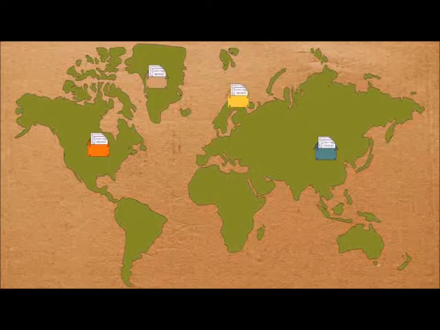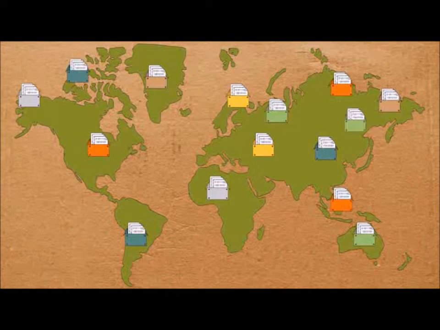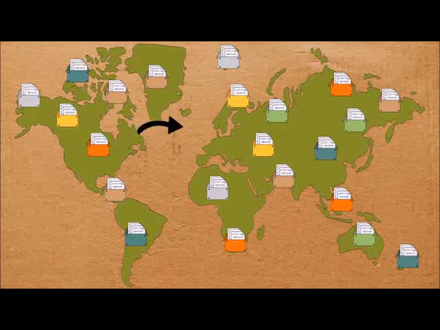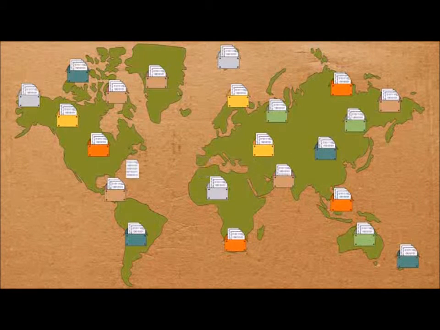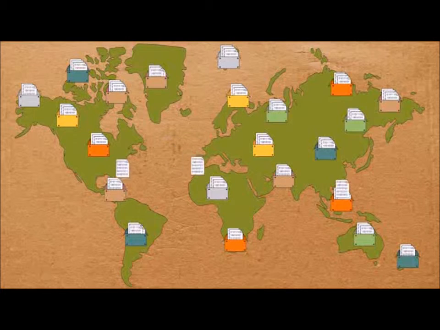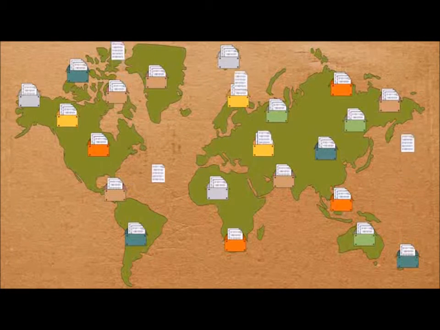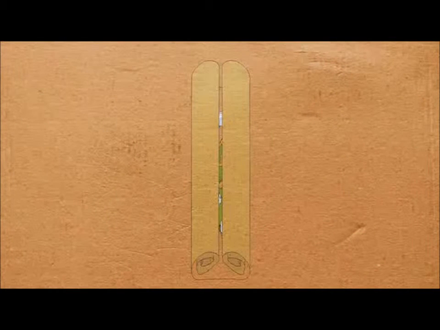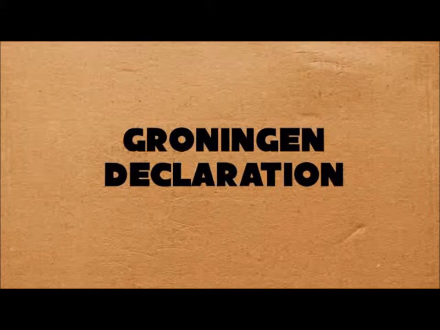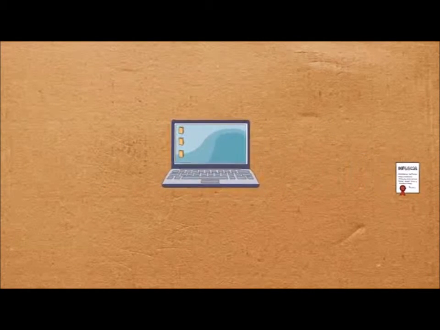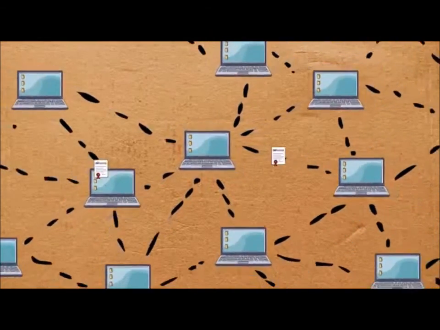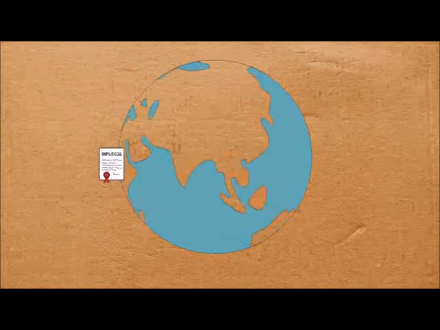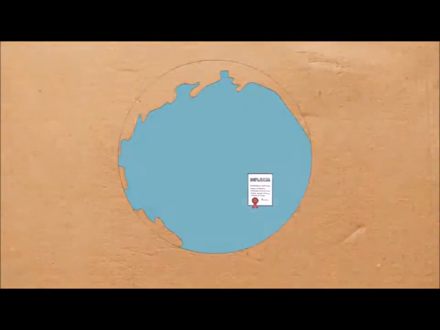So now for the next step. Data depositories manage educational data in a national setting. But what if you were born in Beijing, graduated in Boston, and want to apply for a job in Zurich? That would go a lot smoother if you could choose to share your educational data internationally. To make that possible, national depositories are working together in an initiative called the Groningen Declaration. It's about the development of globally accepted standards for secure consultation of your educational data, enabling you to access and share your educational data wherever you are and wherever you are going.